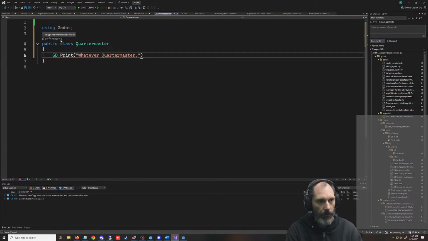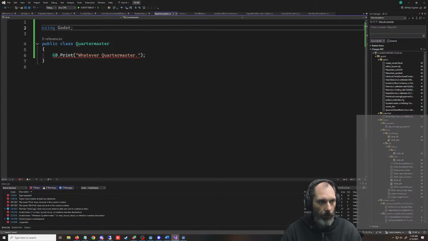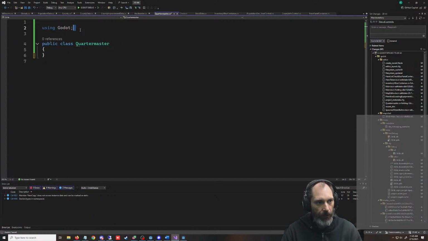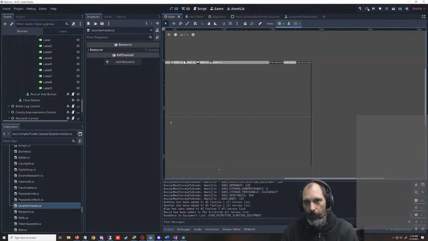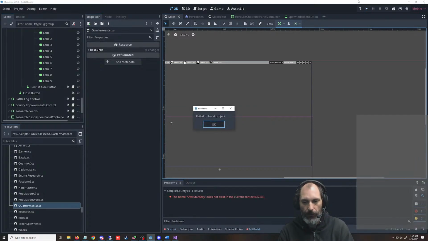Quartermaster. What's your problem? Oh, we need Godot in there. Wait, what? Oh, we can't do it with a public class. It doesn't matter then. We'll just put nothing in here. I'm curious if this is going to affect our number of errors. It's not in anything. There's nothing there. But every time I run it, I get a different number of errors.